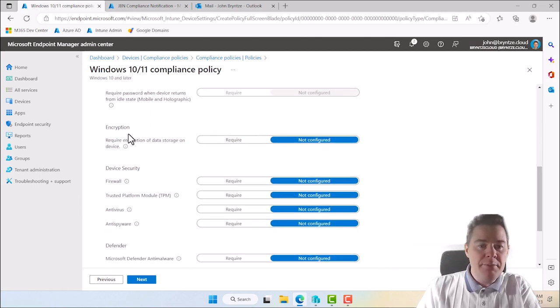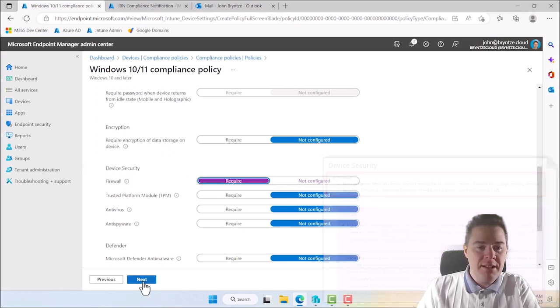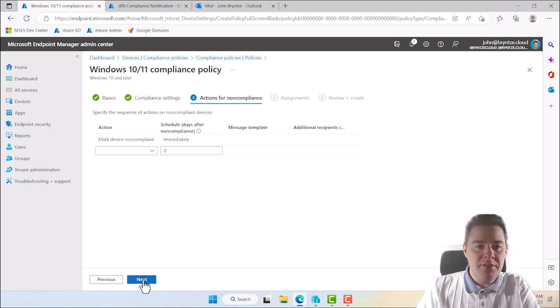So here you see encryption, but that's not BitLocker. It's just that anything is encrypted, files. So we want firewall is on. I would like one for TPM also, and antivirus. So we're probably going to create a lot of policies, but this one I just want to know that the firewall is on, because we definitely want the firewall on. If someone removes it,